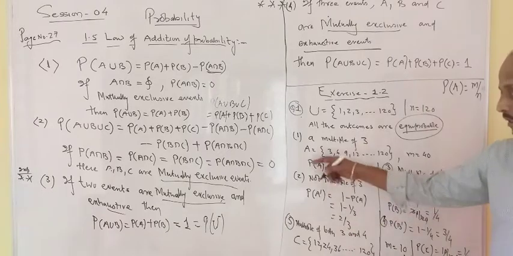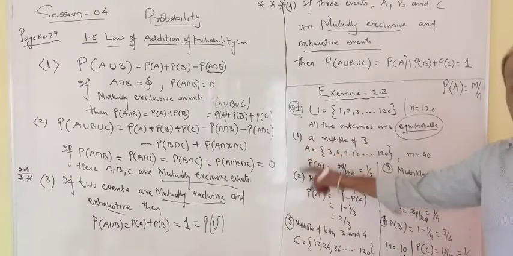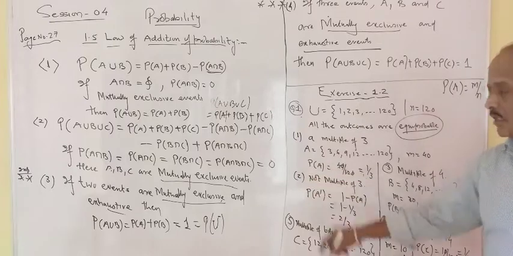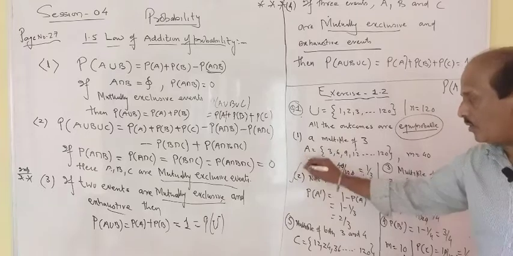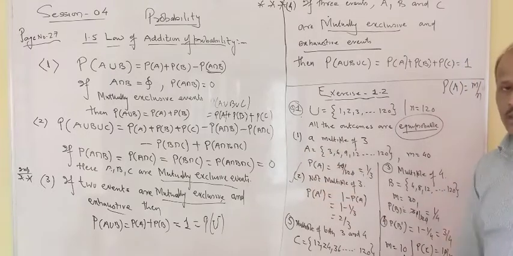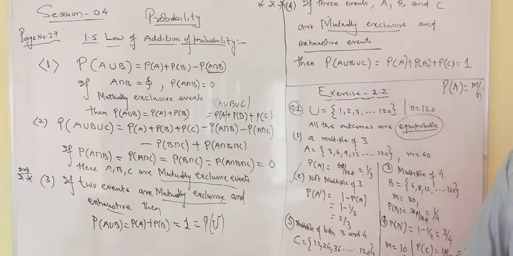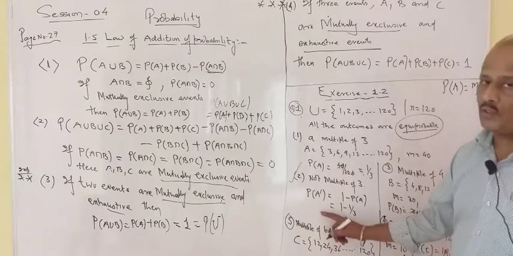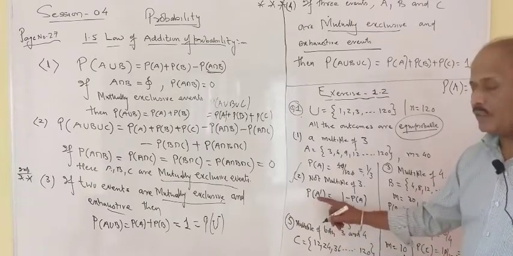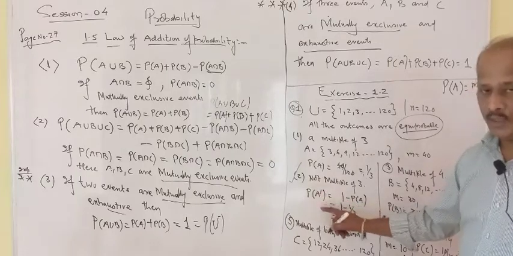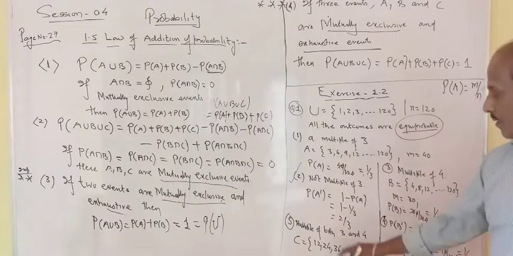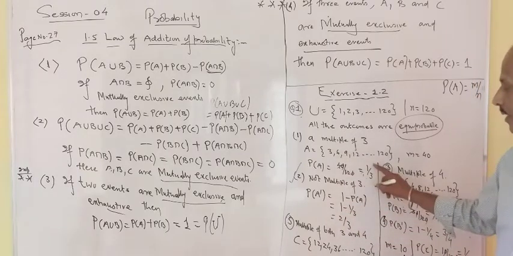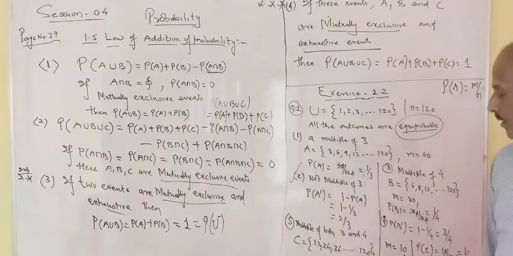Then it's like an objective type question. If this type of question comes, there can be a second part, not a multiple of 3. Now it's easy no doubt, but remember here they are using the concept of complementary event. Already during the definition I told you what a complementary event is. If you are asked to find the complementary event, then probability of A dash, the symbol of complement, is equal to 1 minus probability of A, means 1 minus 1 by 3. 1 by 3 we got by calculating this probability of A. So the answer will be 2 by 3.